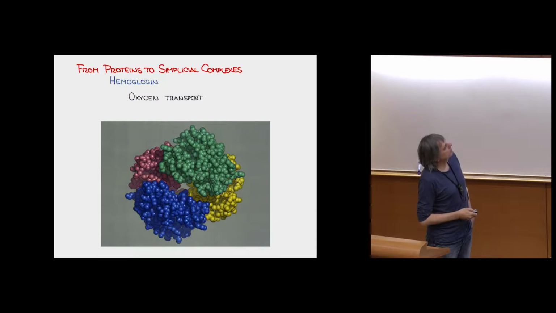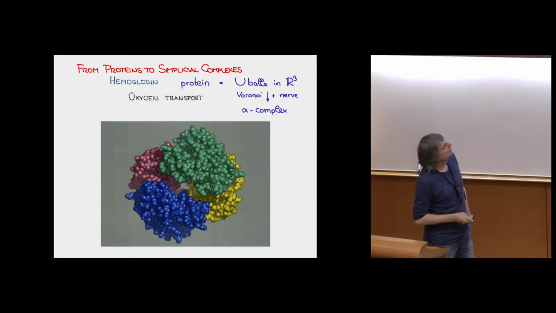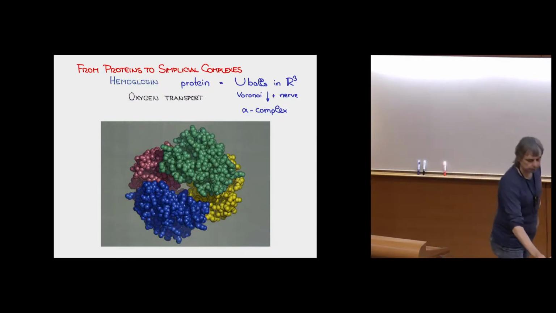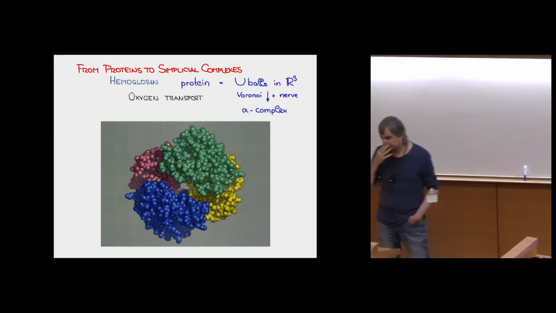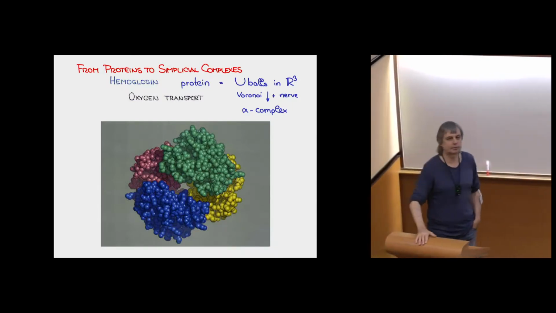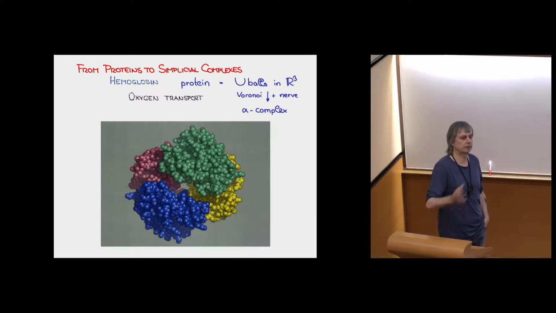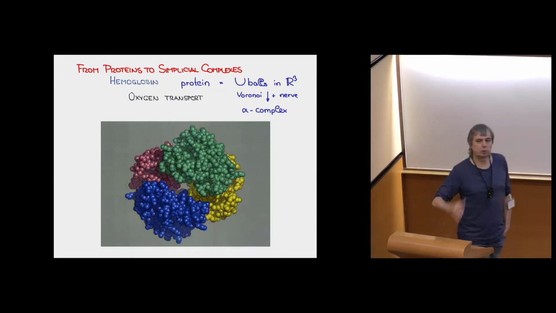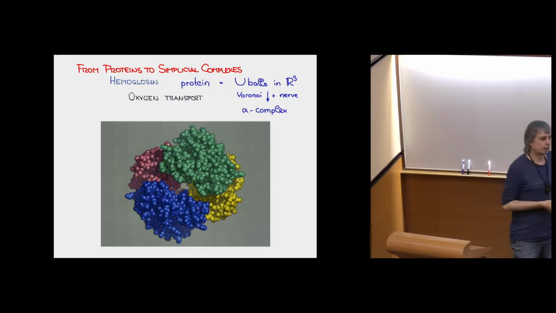And as a geometer, I would first want to decompose this thing. So I think of it as a union of balls in 3 dimensions. I call them balls instead of spheres because somehow there's this subtle difference between the sphere being the surface, the ball being the volume, and I try to stick to that, although the terms are used differently in different areas. So anyway, there's a union of balls, and I would like to decompose it with a Voronoi diagram of